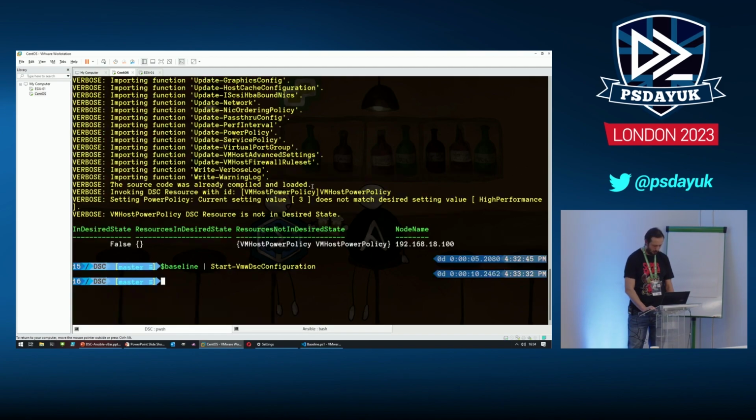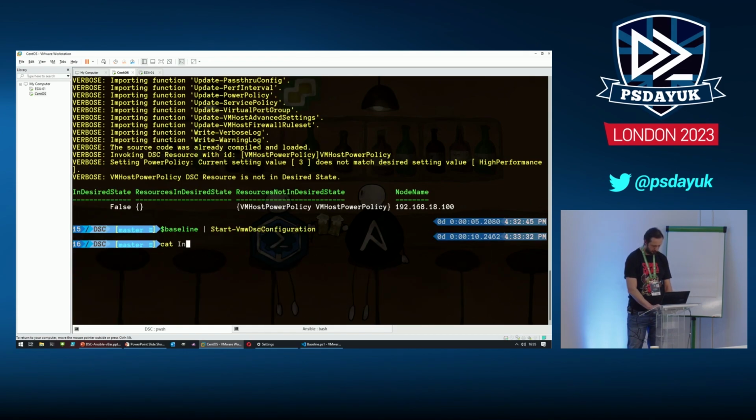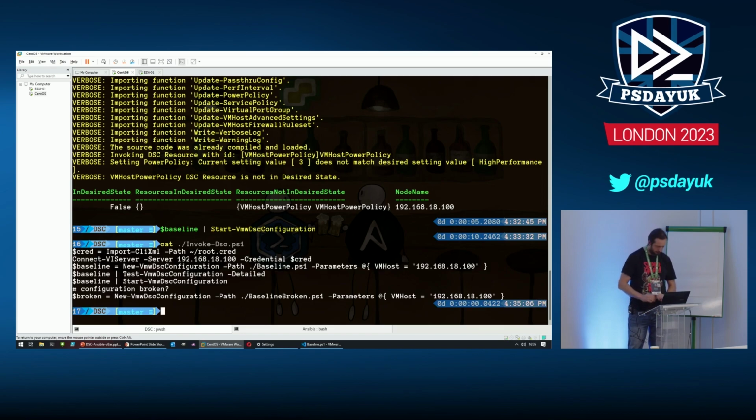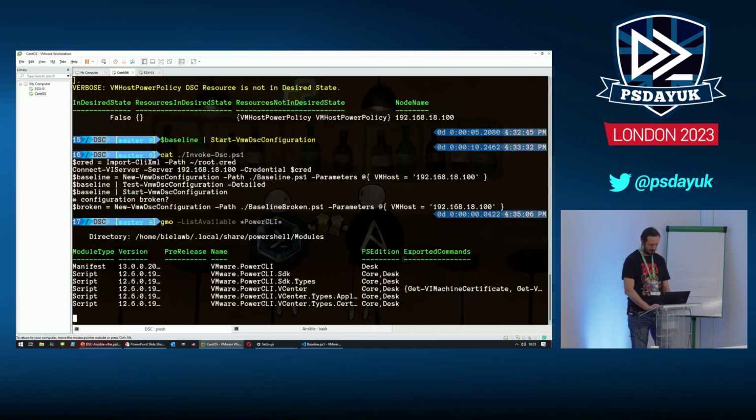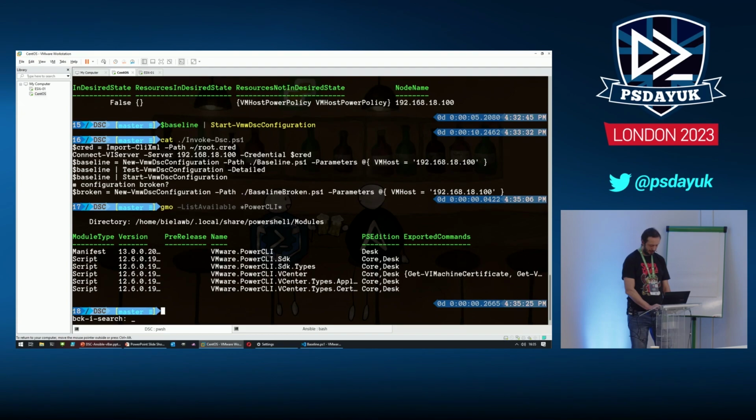When it comes to our friend VMware DSC, actually, this one is just to run it. I think I didn't drop the other one. So first of all, you would need to install modules for PowerShell. You need to install PowerShell on your box. So that's given. Next thing you have to do,